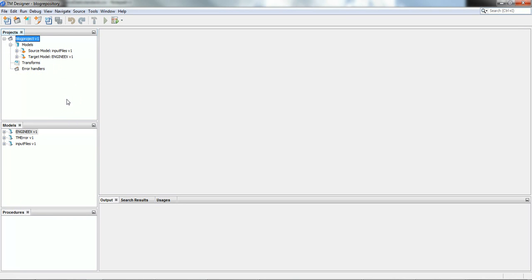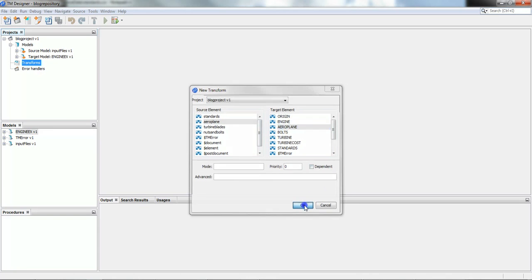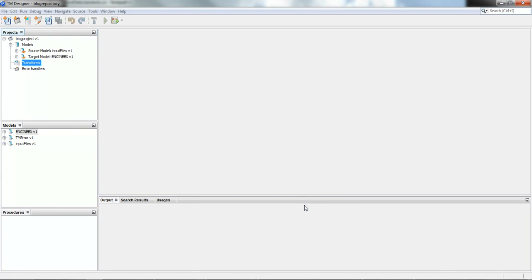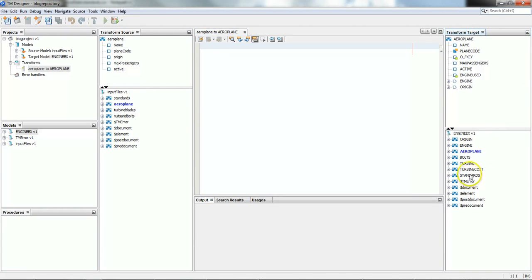Okay, so that's got us set up, and now we want to start actually moving some of the data. So right click on the transforms, new transform. Let's start at the top, move a bit of aeroplane information. So I've selected the aeroplane as our source file, and you can see here there the aeroplane source at the top in the active window at the top. You can see the whole of the input files models below. You can see now we're looking at the aeroplane to aeroplane in our center pane, and on the target side you can see we have the aeroplane database table there, and below it we have the entire database structure there